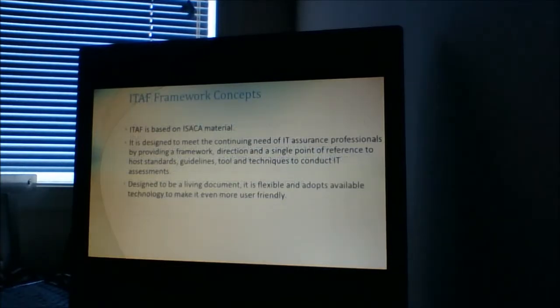So, next I'm going to talk about the concept of this ITAF framework.